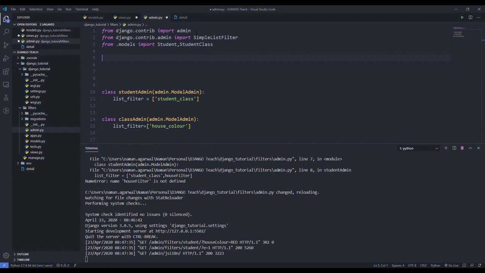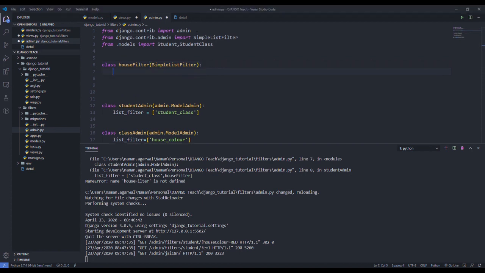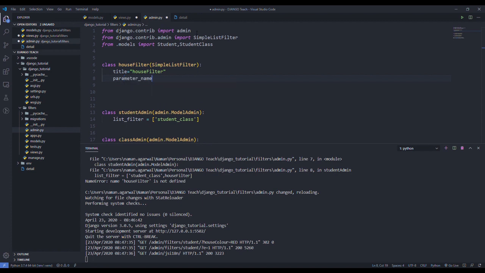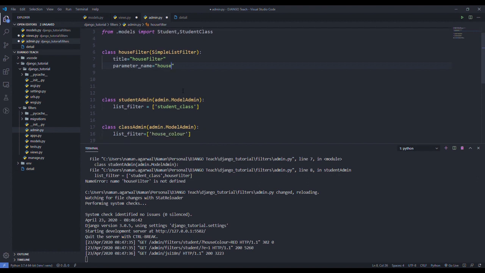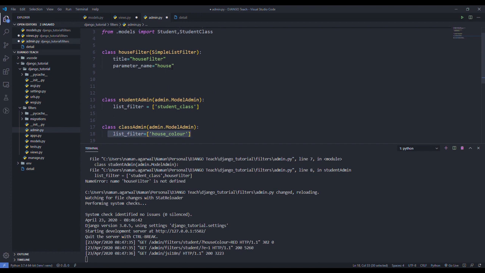Now, for example, let's create a new filter named HouseFilter, which extends SimpleListFilter. Now press enter. You have to add the title here, House Filter, and then parameter_name, which is the name I will use in the list filter. This would be the name I add, so it will work.